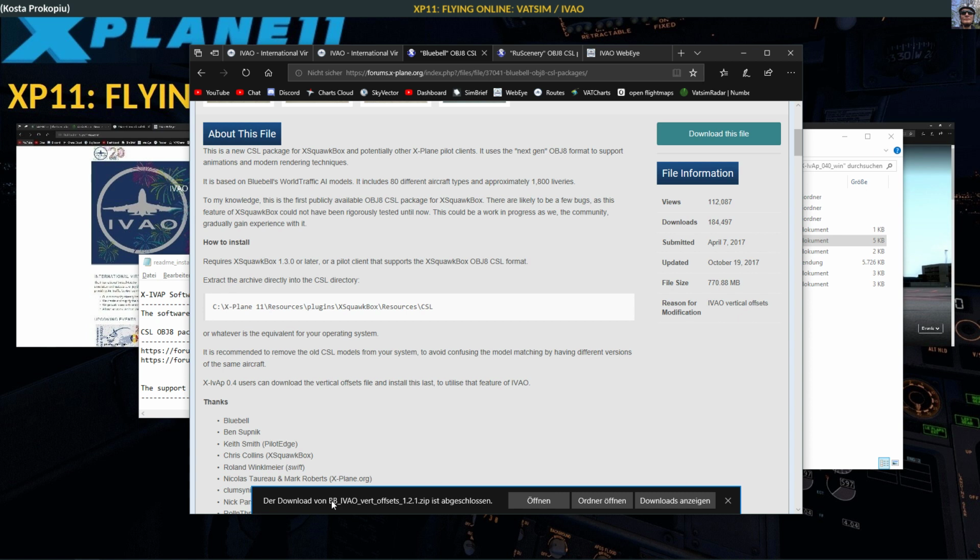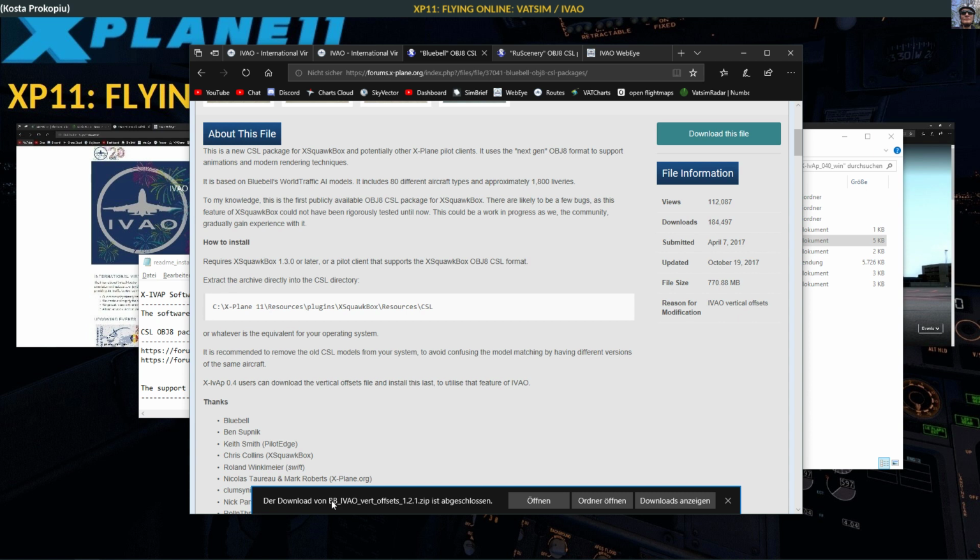That is aircraft that is displayed too deep, and sometimes you get them too high, and that has to do with the way that the objects are made. The vertical offset corrects something that prevents IVAO CSLs from being half sunken with their wheels into the ground and things like that. So they do some corrections, and you definitely need to install this, otherwise you might get some funny looking AI